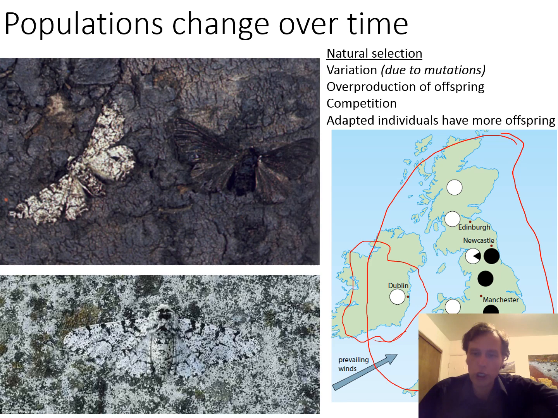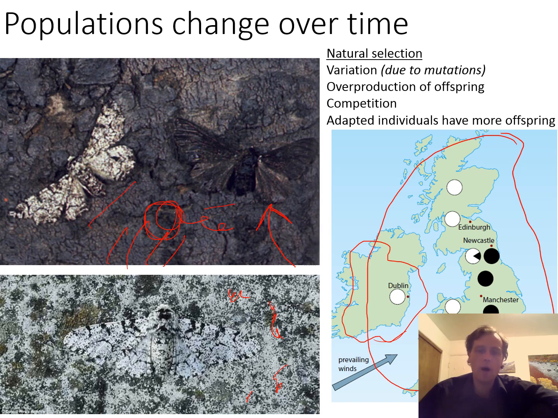The Industrial Revolution occurred, and they put so much smoke into the atmosphere that the trees were darkened, and also this white stuff here, a kind of lichen, was killed, so the trees became darker colored. You can see this tree darker colored. What that did was favor a different phenotype, or visible trait. The darker moth in polluted England now has an advantage over the lighter moth.